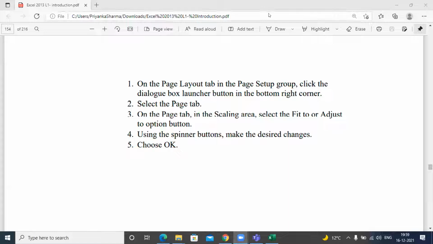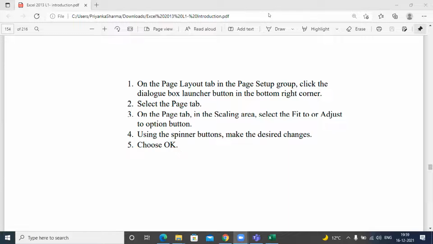Okay, let's quickly try this. So it says on the page layout, click on the page setup group. And once you are in the page setup group, click the dialog box launcher, which is right in the bottom corner. I'm waiting for all of you to find it.